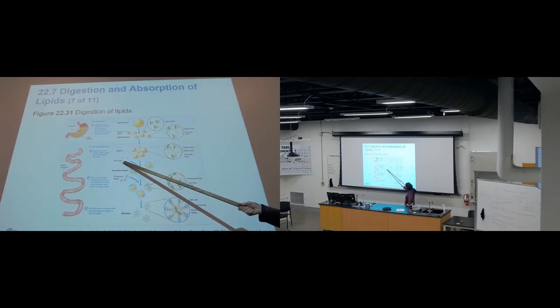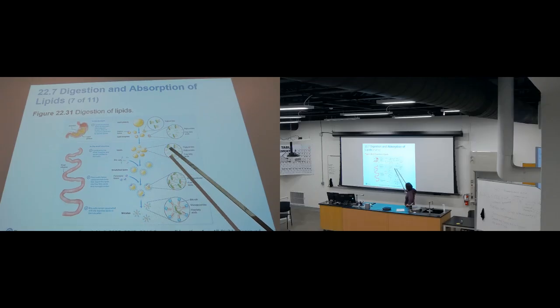But we have the bile salts that come from the bile released by the liver, which can break down these globules into droplets. So it can break down these triglycerides into diglycerides and free fatty acids. And then through this emulsification,